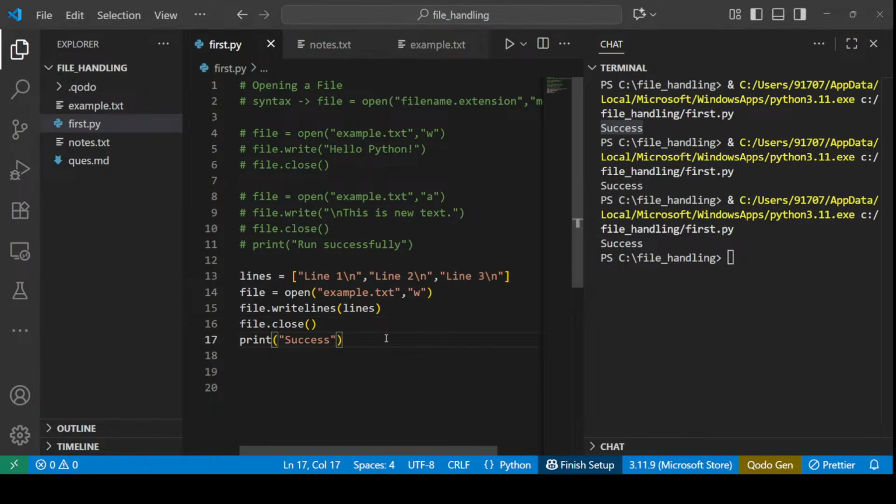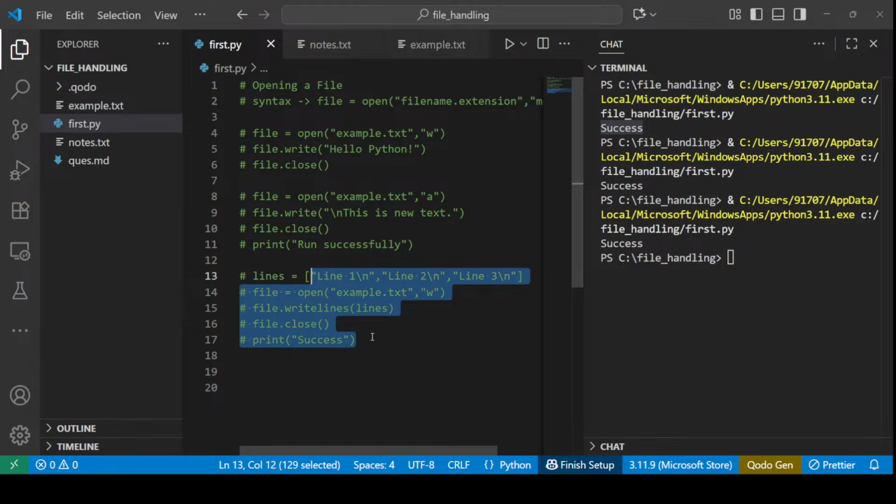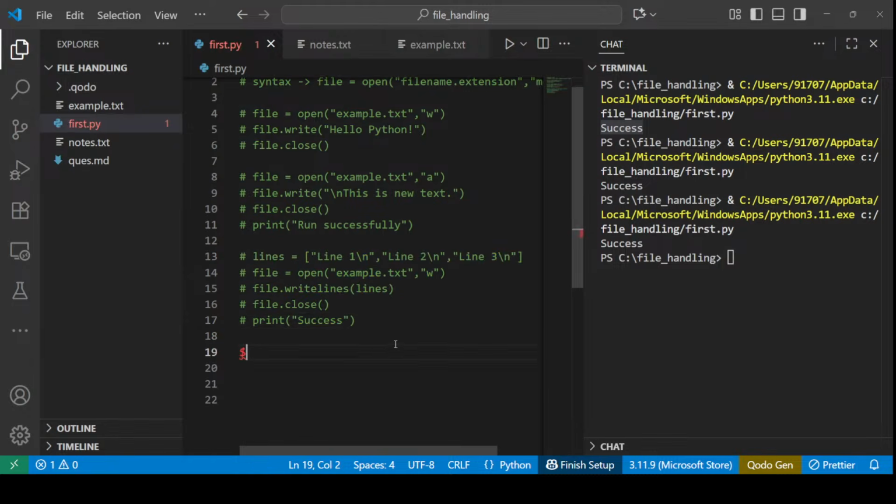So now this was all the things for writing and appending. Let's write the code for reading. I'll just copy this line because only this line I need. Then I'll comment it. Now for